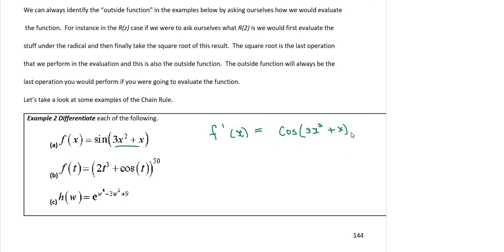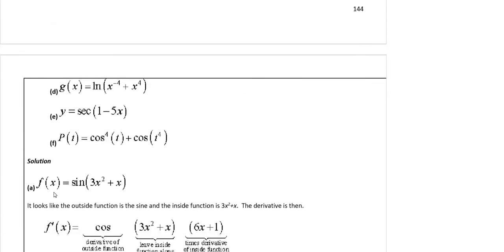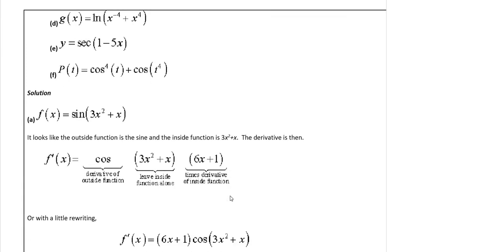And we say, okay, I must multiply this now with the derivative of the inside function, which will then be 6x plus 1. So this is going to be times 6x plus 1. And please put brackets here, because it's the whole thing times the cos, not just the 6x. So be very, very careful there. Okay, so I'm sure you will find the answer here the same. So it's the cos, keep the inside as it is, times the derivative of the inside,